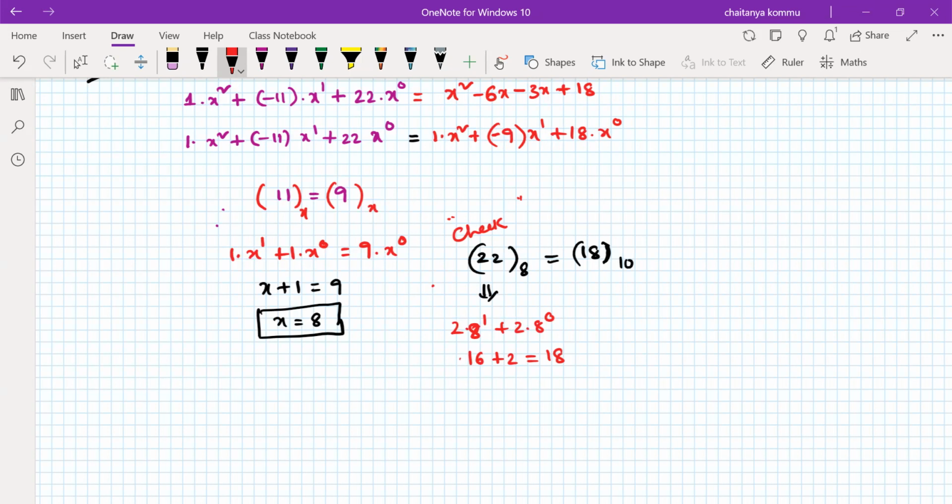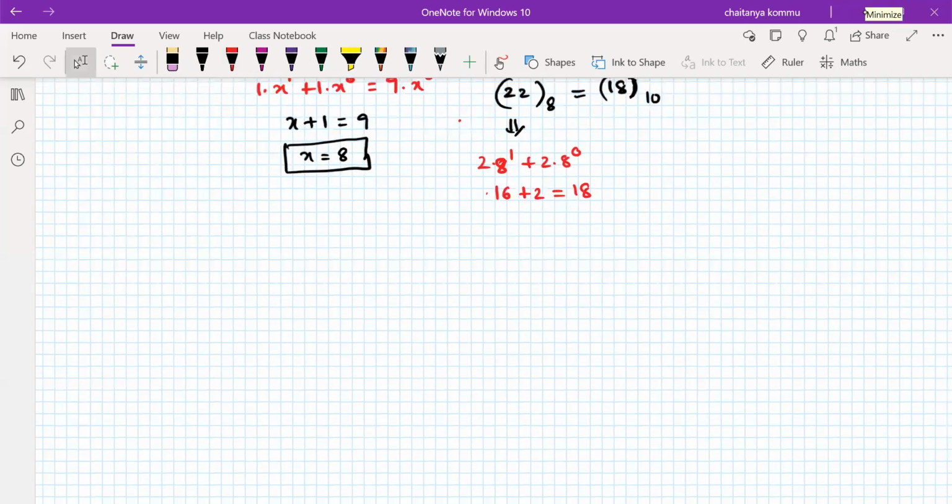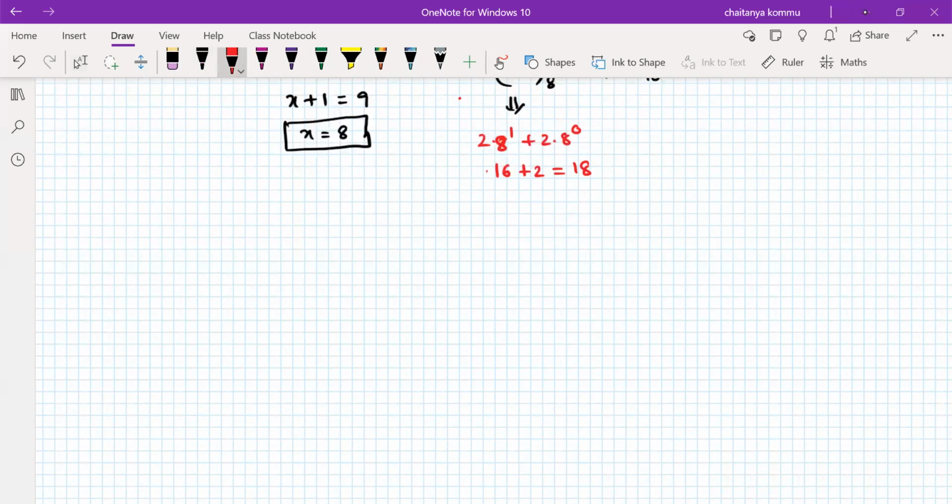Right? So these are the different ways that we can solve the problems. Okay, so n number of problems are available. But once we have the concept, then we can easily solve any problem. Okay. So these are the questions that you can see in your competitive examinations like GATE and other things related to the number system. Okay. Now, we'll go for the actual binary number system. Okay. We talk about something about the binary number system.